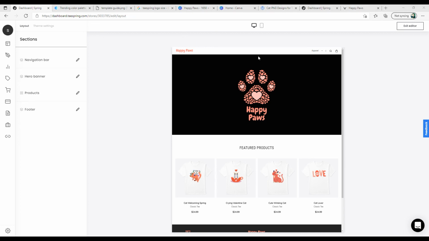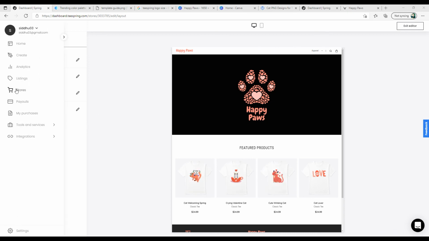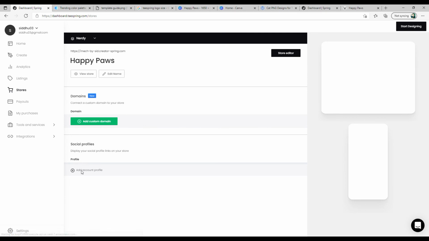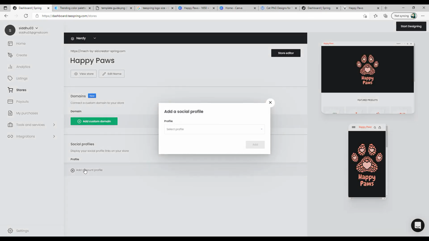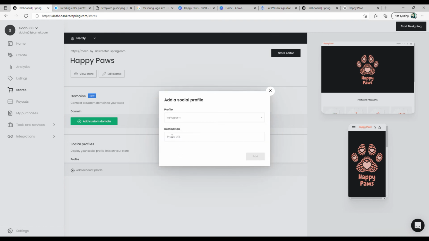Now let's look at how to add social links to your Teespring store. To add social links, go back to the store section, and here you can add your social profiles. Click add account profile, select the profile whichever you would like to add. You can have more than one profile, so feel free to select more than one. So in this case, let's say I'm going to choose Instagram. Then go here and paste your Instagram URL